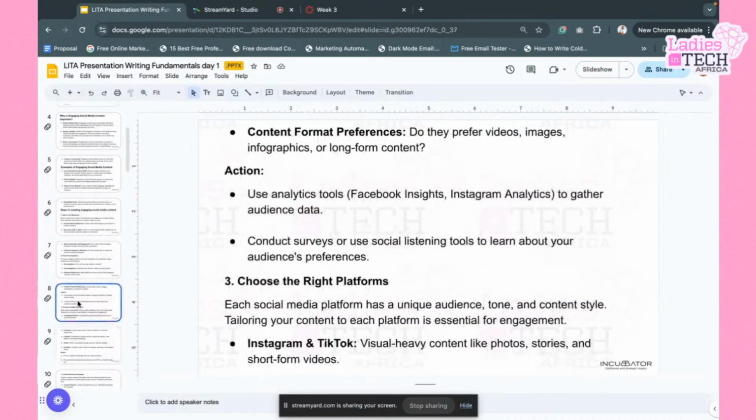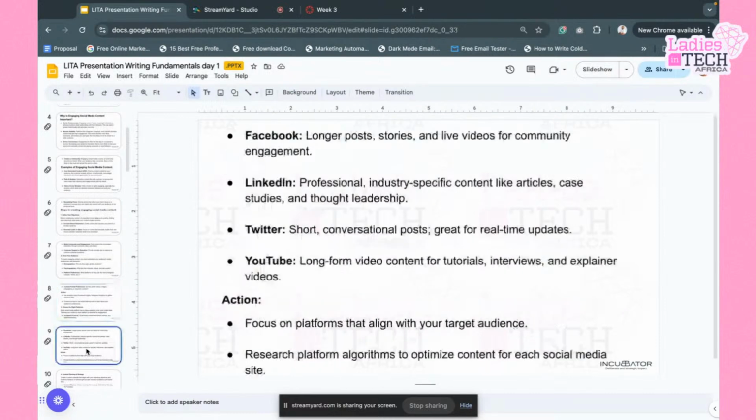So let's take a look at what we have here. For Instagram and TikTok, it's visually heavy content like photos, stories, and short form videos. And then for Facebook, we have longer posts, stories, and live videos for community engagement. You can also have groups where you share your content and get your group members to engage with it. Now for LinkedIn,